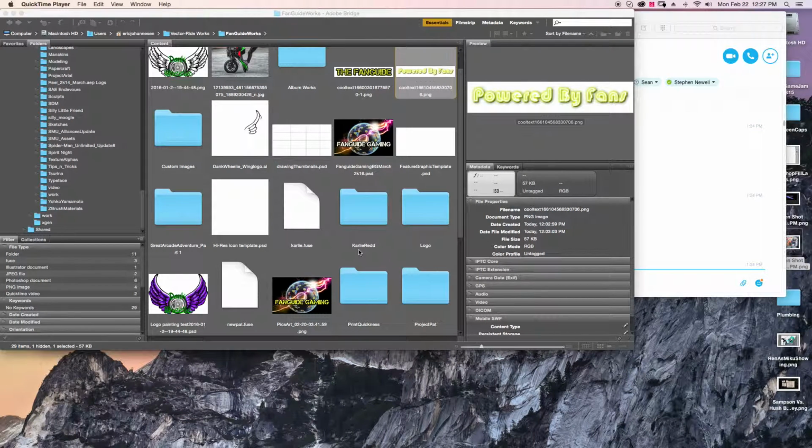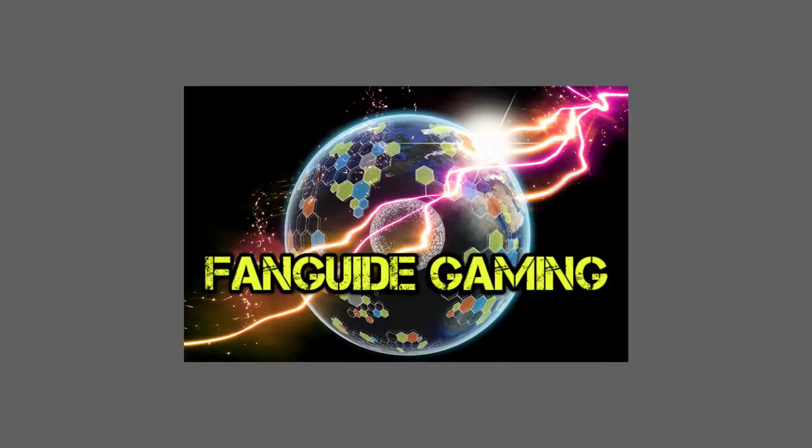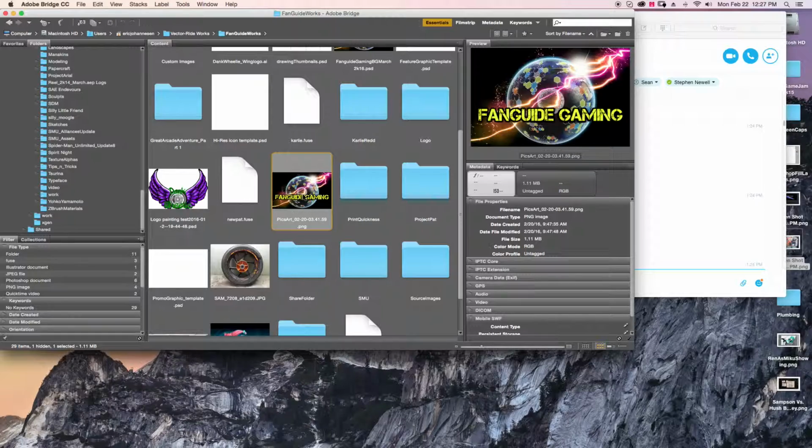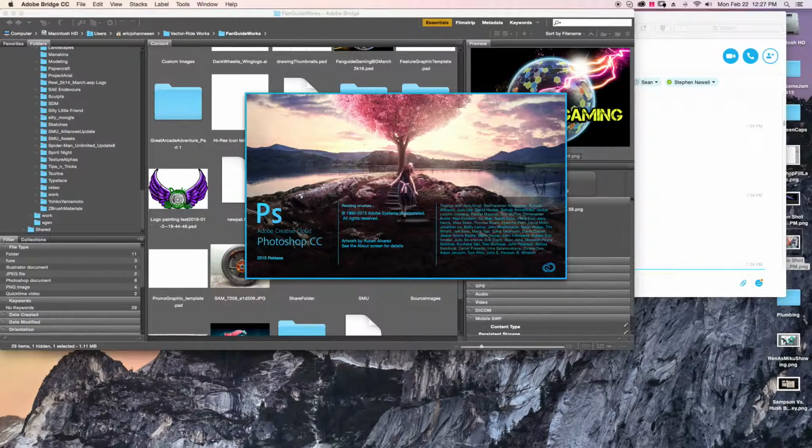Welcome to part one of two parts of four tips and tricks. I'm going to be creating a better version of this element right here. I'm going to have the lightning interacting with the text. So I'm just going to open this up in Photoshop first,